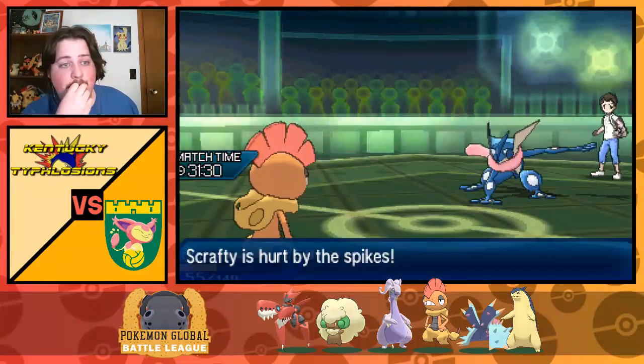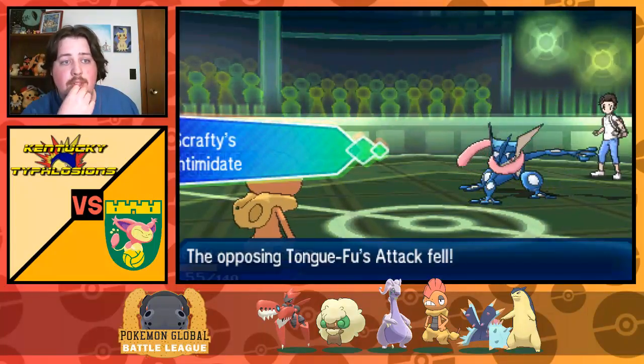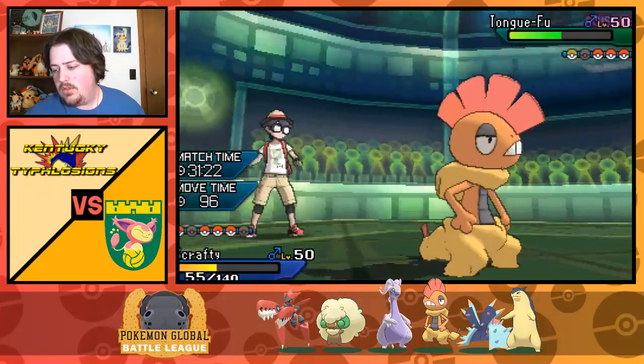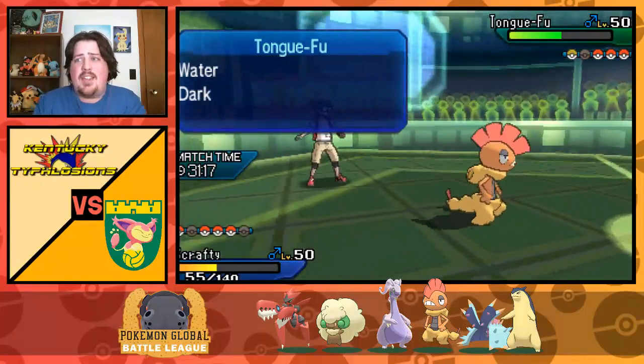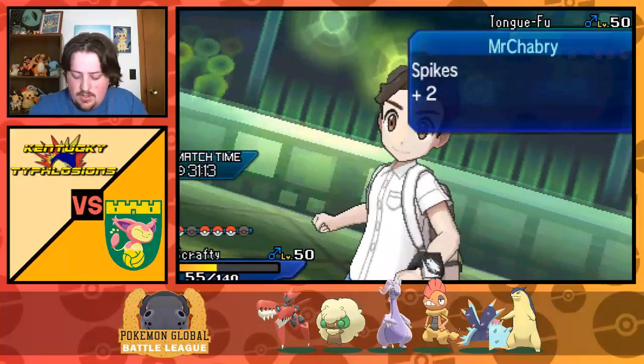I did it. I did it. I went for a Prankster Defog on a Dark type. That's what I did. Now I don't have any way to get rid of the spikes. Caesar can't come in. Caesar's dead when it comes in. I think...